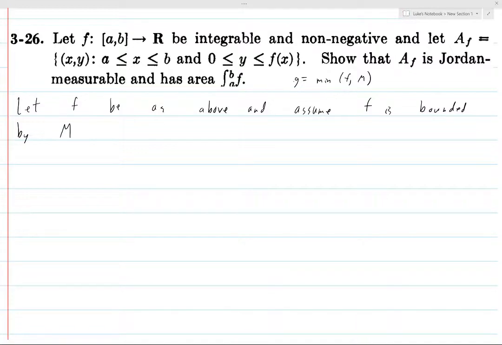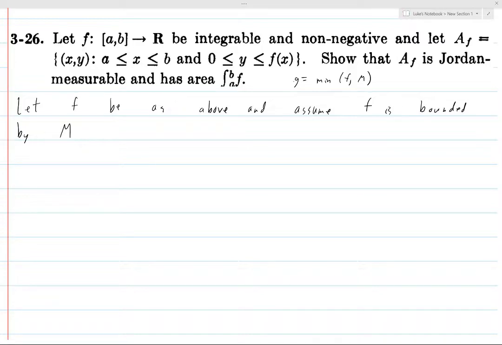But to be fair, it's really not that big of a deal. I mean, it is a big deal in the sense that it technically needs to be mentioned, but the spirit of the problem is what I'm going to show now. And the thing about f needing to be bounded is just more of a technicality. But anyways,